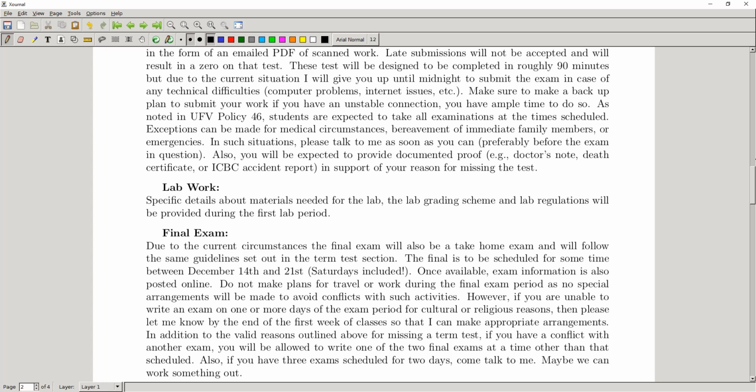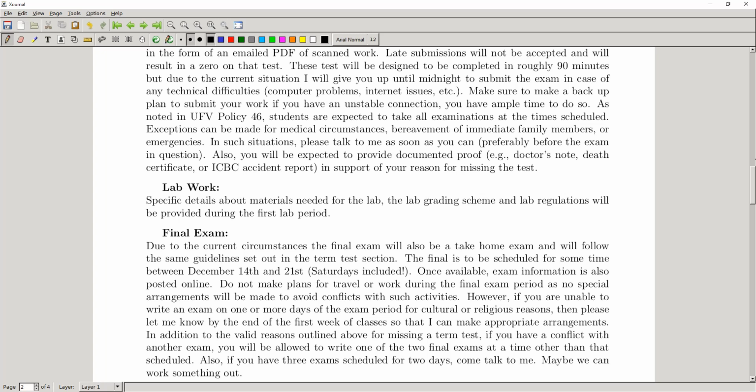The final again is going to be a take-home exam. Again, I'm going to design it such that it will fit into the standard 3-hour time block that you should have for the final, but I'll give you extra time to submit it. We don't have a finals date yet for our course. Those are being generated by the university in the next few weeks here. But somewhere between the 14th of December and the 21st, including that Saturday, our final will fall on that date, and it'll be the same procedure.